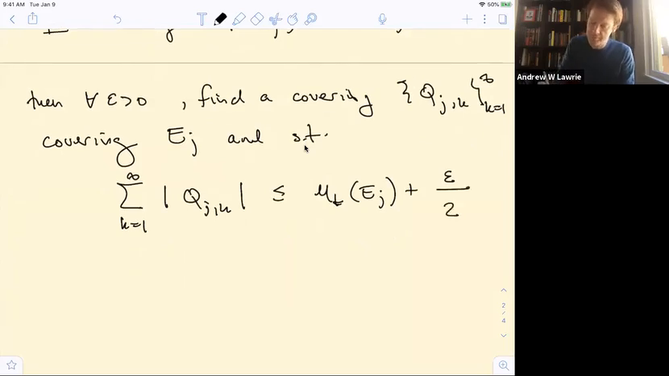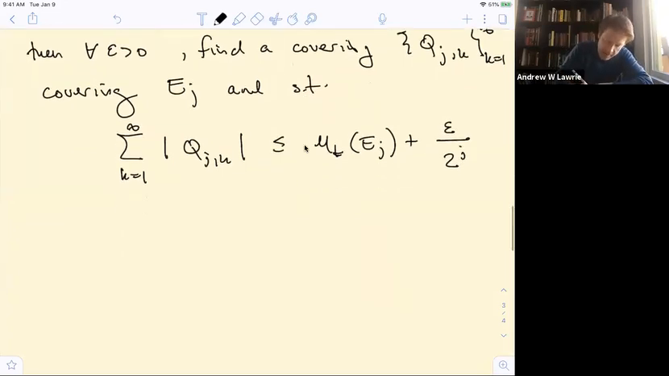I'm in fact going to make it much smaller. I'm going to weight this by 1 over 2 to the j. As you can see later, I want to get something summable, since I'm going to have to sum up everything here. So I can do this: I fix a j, pick my small number to be epsilon over 2 to the j, and then I pick a covering that gets me just below mu star of EJ plus epsilon over 2 to the j. Then